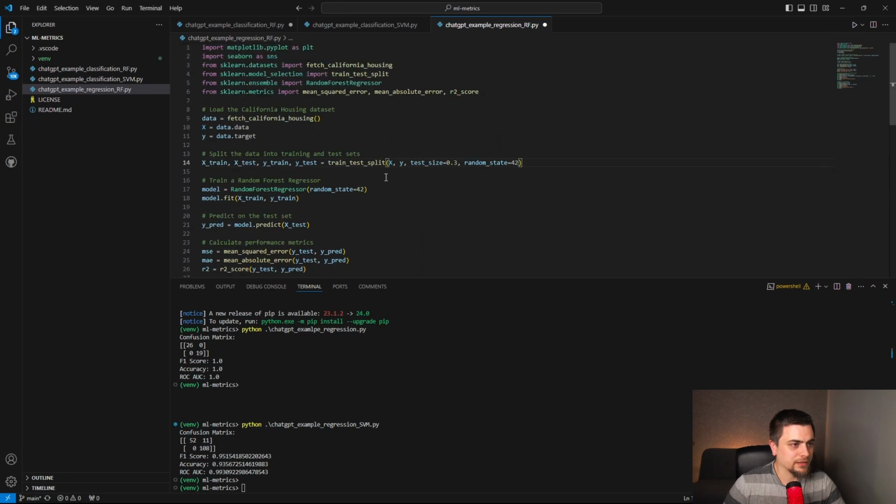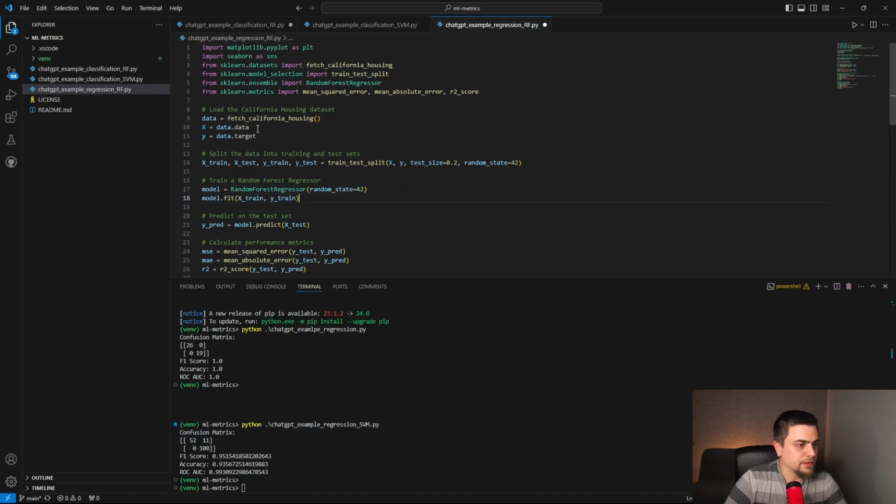Just like that. Okay, let's see. I think the main concept is the same, with getting the preliminary steps done. So importing the dataset itself, assigning the value of X for the dataset, and assigning the target variable to the data target values. So we have the split between X and Y, and there is a random forest regressor